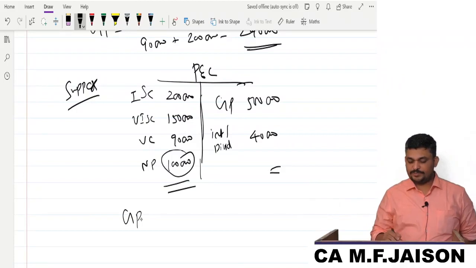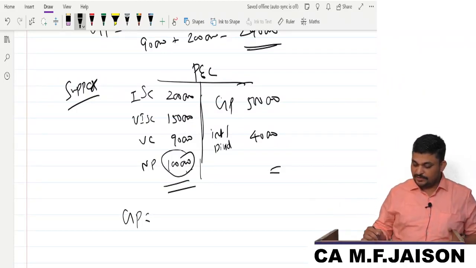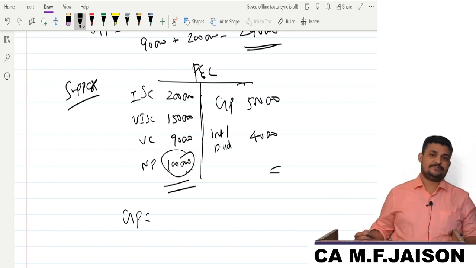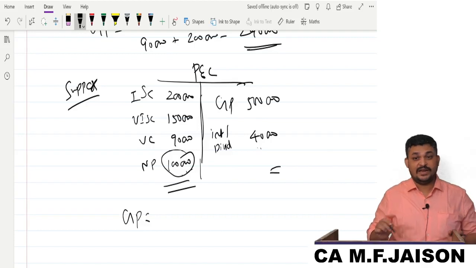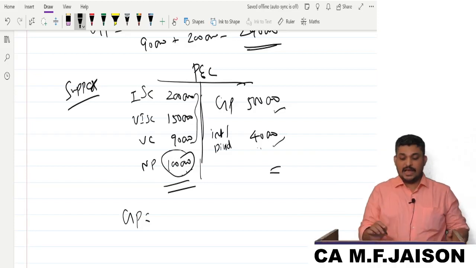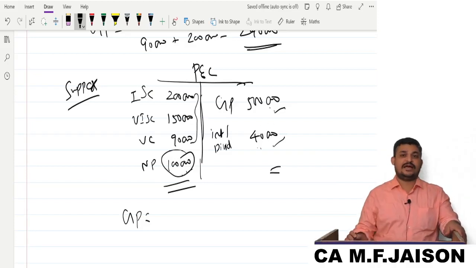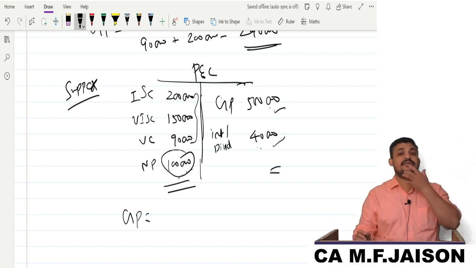Now what is the gross profit? Now listen carefully, my dear friends. In this net profit you have the effect of interest and dividend. You actually have 5 lakhs plus 40,000. 5 lakh 40 minus 3 is the item, then you got 1 lakh. But 1 lakh includes the effect of both, correct? Yes, sir. Net profit includes the effect of both GP as well as interest and dividend.